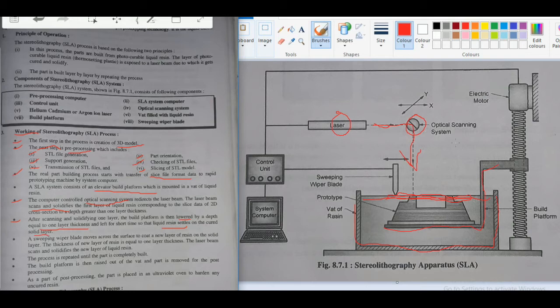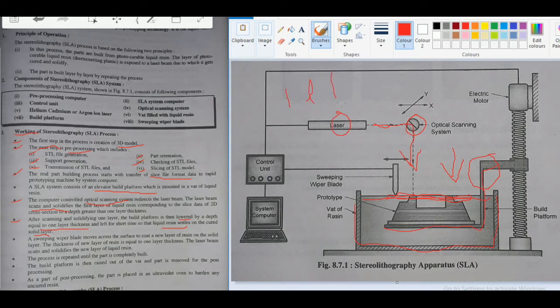Here friends, after scanning and solidifying, this build platform goes down, as I have said previously, by a depth equal to one layer thickness, and it stays there for some time so that this liquid resin goes above the solidified or cured part and settles down on this.